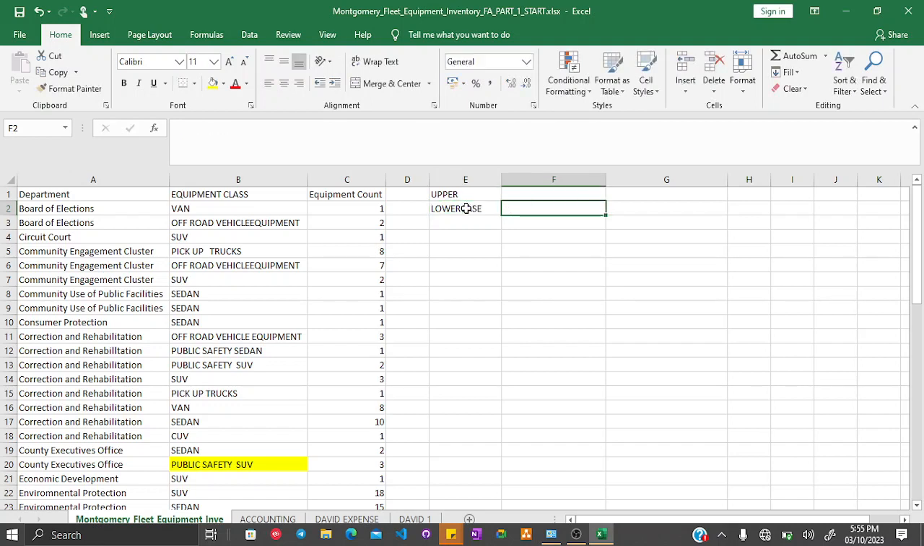Lowercase equals to what? We use lower. Uppercase, we use upper. Okay. Alright, so let's go ahead to change this into lowercase. So we'll do equals to lower,